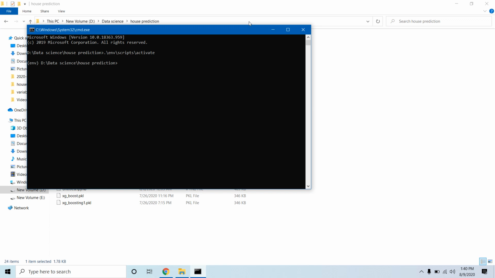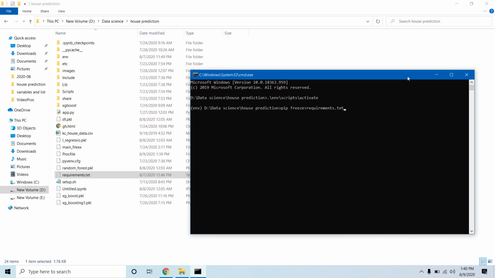This command helps us to activate our environment. And now to create our requirements.txt, write pip freeze requirements.txt. After executing this line, it will create our requirements.txt file.